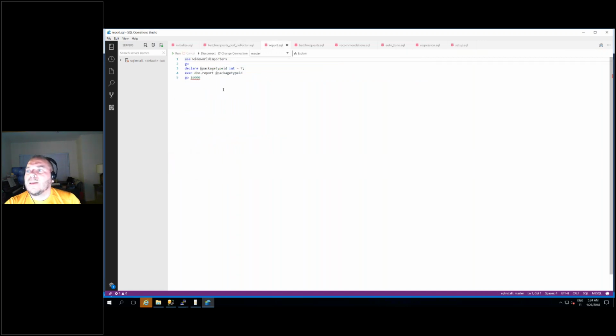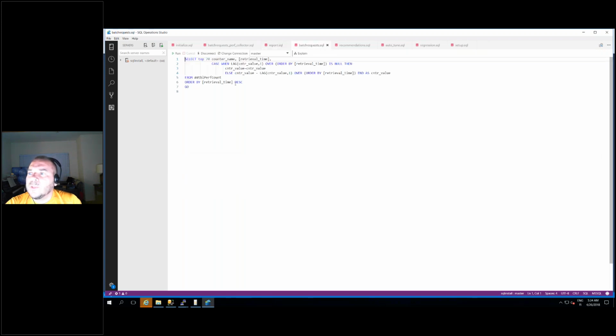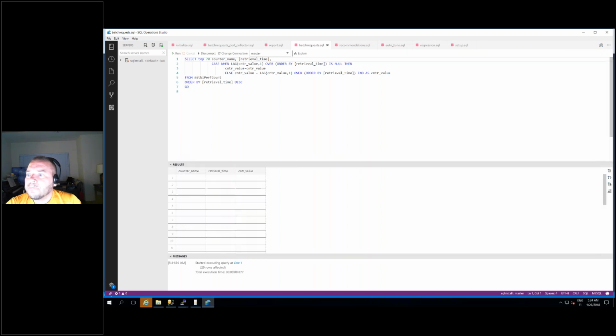Now I have a stored procedure which runs a report. For clarity, I'm not showing the report here, but I want to run a report and get a baseline about how well my environment is performing. So in this script, I'm now querying the temporary table where I have the performance count, and I'm going to run this so that we see what the performance of my query is currently.